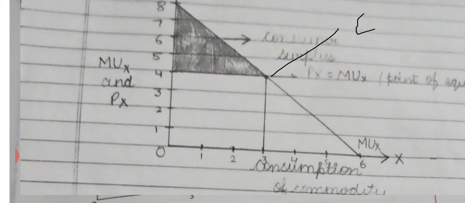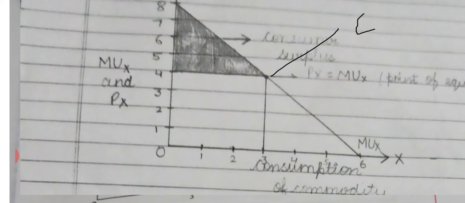That downward sloping line is marginal utility of money. So this is a condition of equilibrium where consumer is purchasing third unit of the commodity and marginal utility of money and marginal utility of the commodity and price of the commodity is equal to the 4. So at C point consumer is in the case of equilibrium.